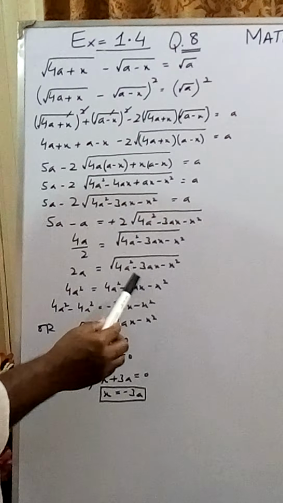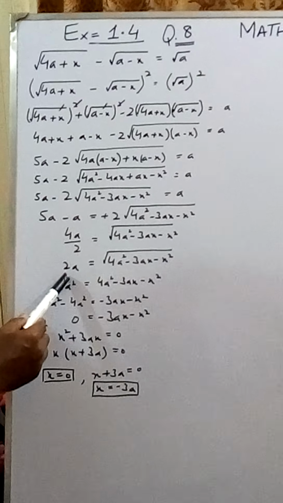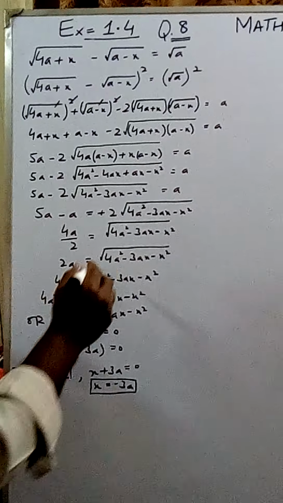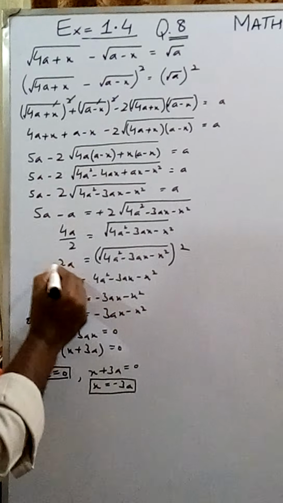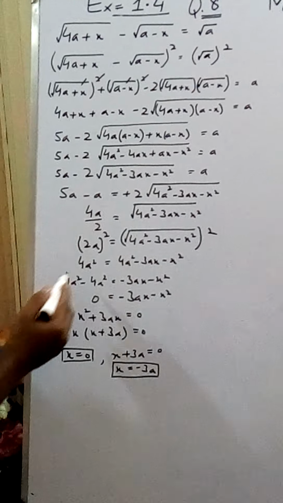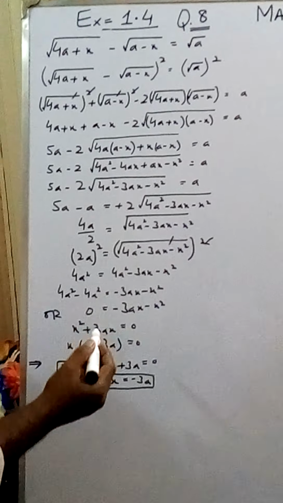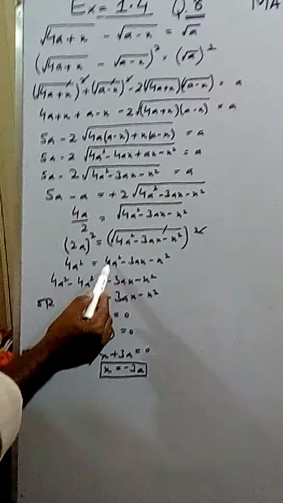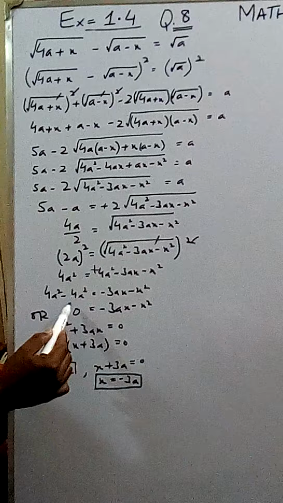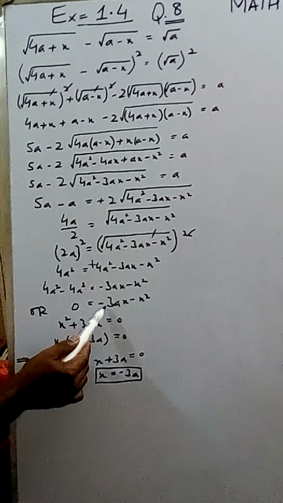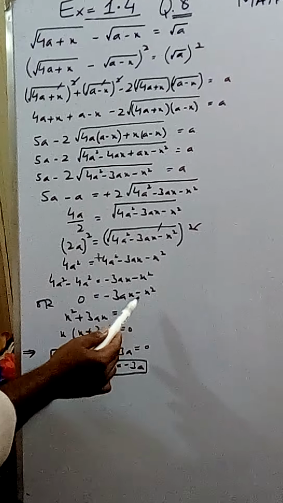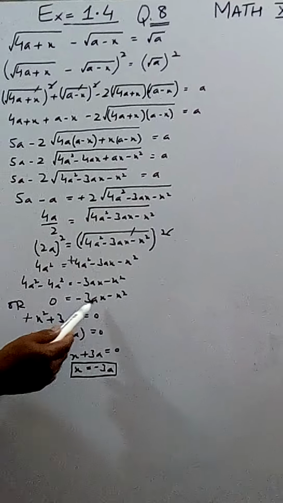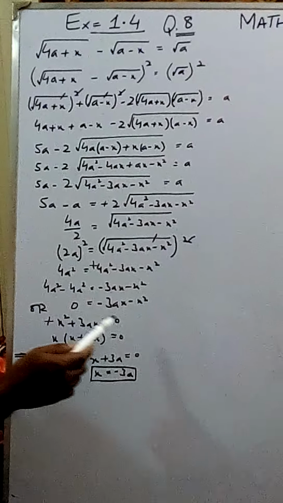Now this is a radical expression, look here, this is separated and here there is no radical sign, so take the square to remove this radical sign. So taking square over here and over here as well, this will become 4a square, and here square and square root are cancelled, so 4a square equals 3ax minus x square as it is. Now this 4a square is shifted to the other side, here it will become 0. This is minus 3ax minus x square, or you can write it shifted to this side, minus x square will become plus x square, minus 3ax will become plus 3ax equals 0.